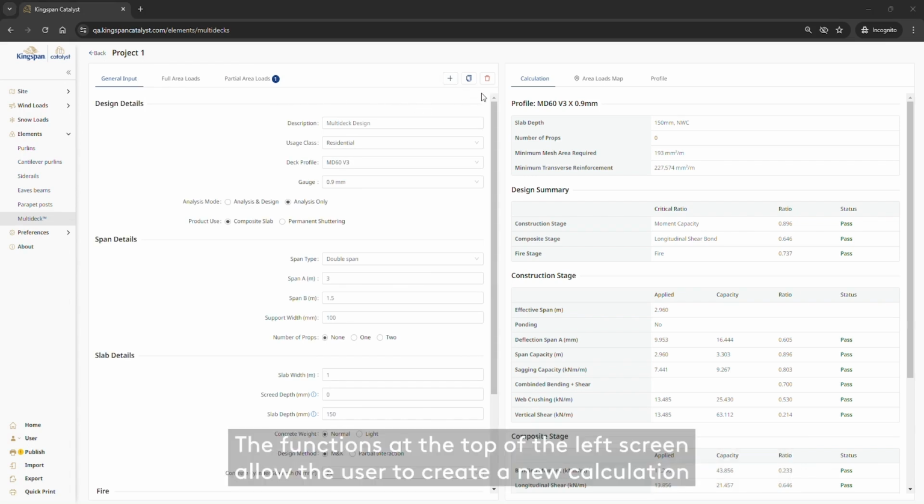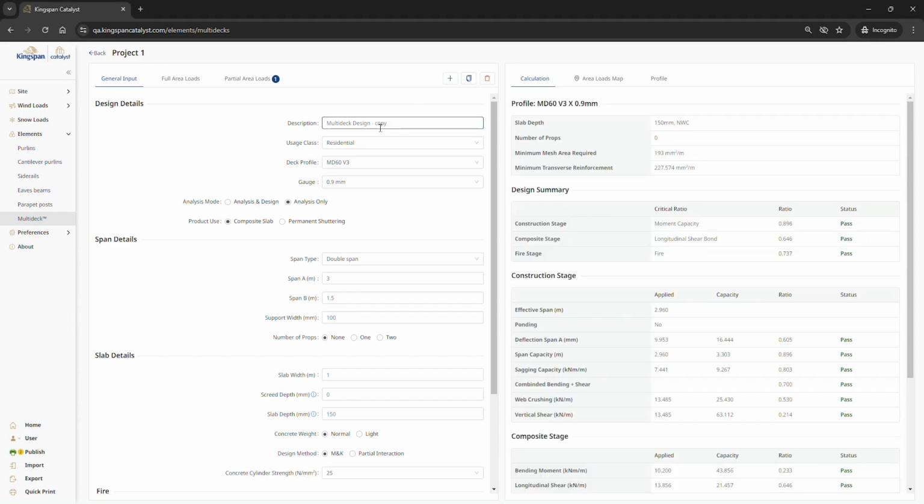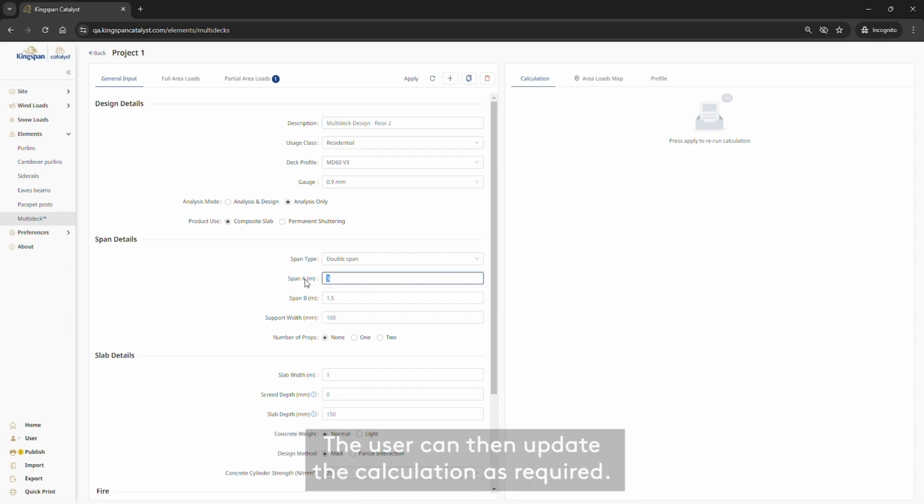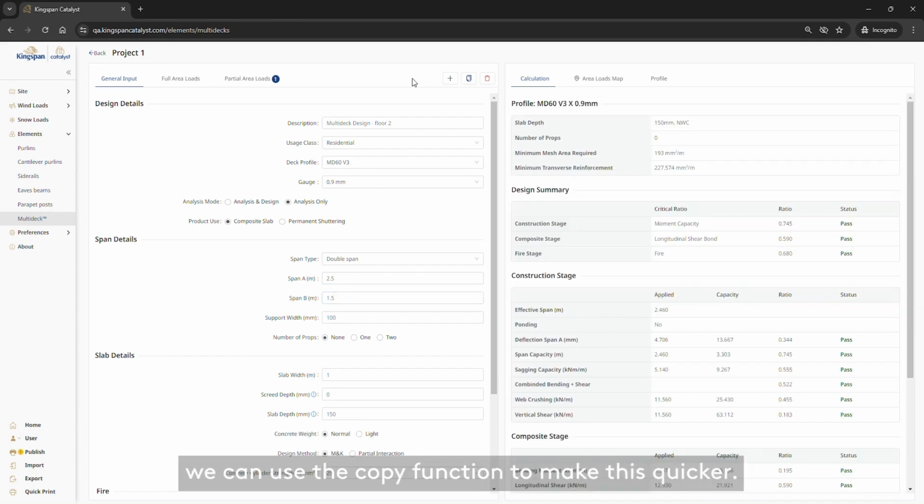The functions at the top of the left screen allow the user to create a new calculation, delete the current calculation, or copy a calculation. If we copy the calculation seen here, it will add copy to the description. The user can then update the calculation as required. For example, if we need a calculation for the same parameters, just another span, we can use the copy function